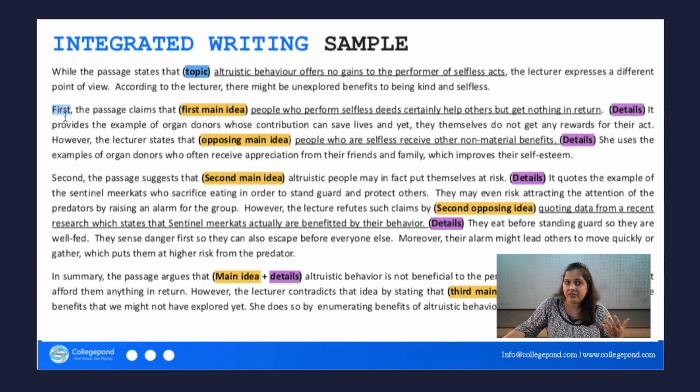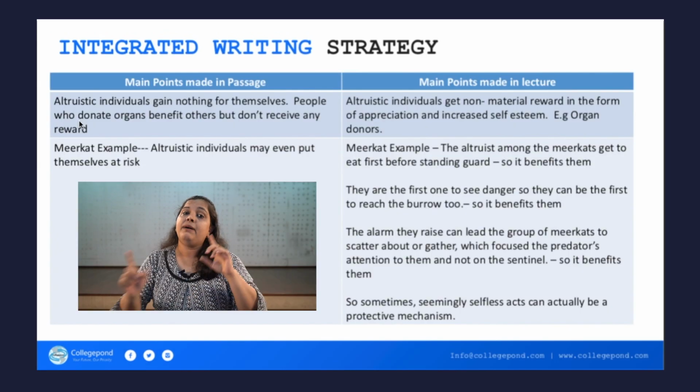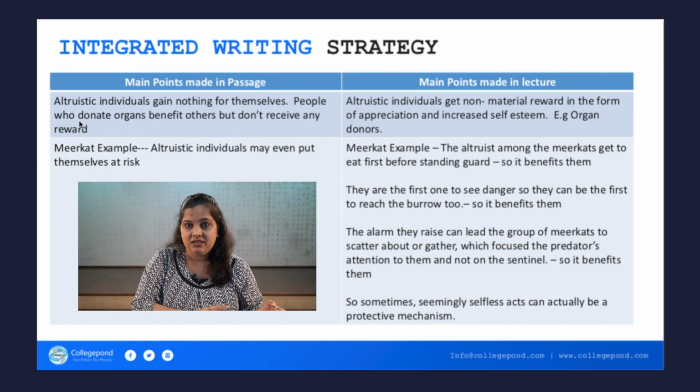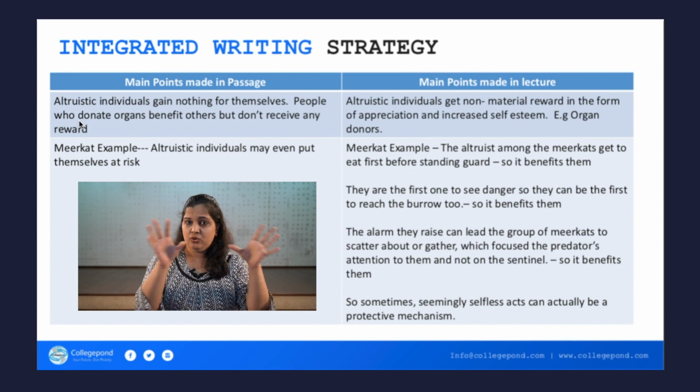So you can say first, second, or firstly, secondly. Another point that I want to make is, so something like that, which kind of marks the transition. So that's something easily manageable. When you talk about the first paragraph after the introduction, think about the table that we made in the last slide. So you had 2 columns.